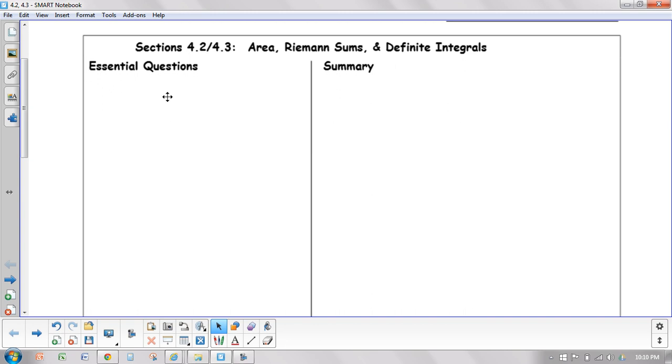Sections 4.2 and 4.3. So again, we're starting Chapter 4, but we do so out of order. I think it makes sense for you to understand what we're finding and what everything actually means before you figure out just the formulas and the rules. So your essential questions, you have a lot of space because today you're going to be asked to find lots of different sums. So your essential questions are, how do you find